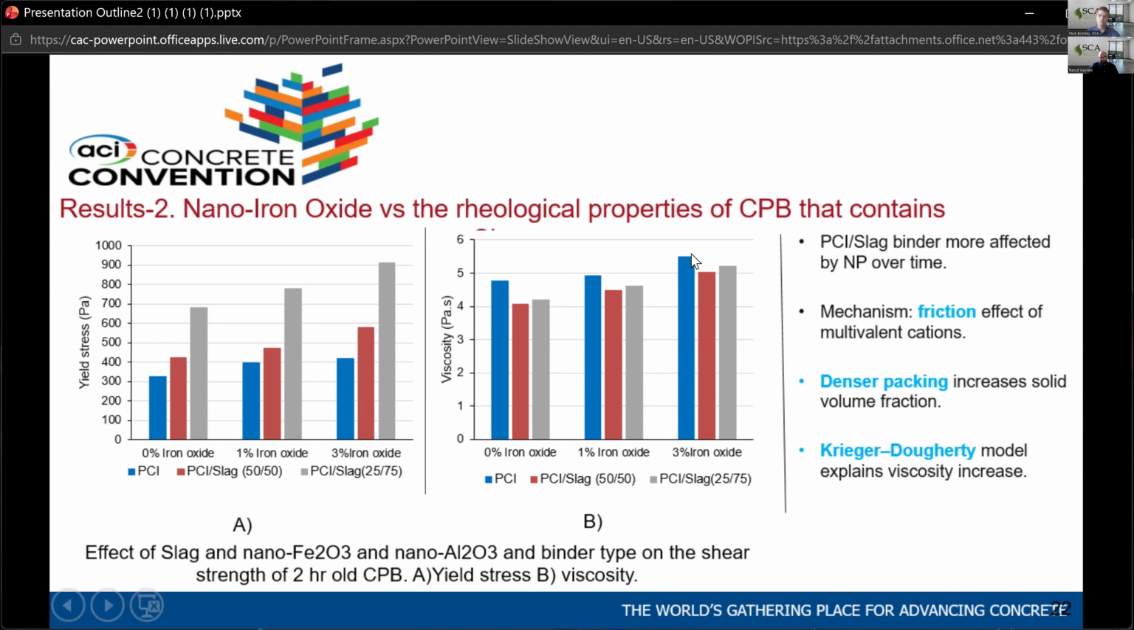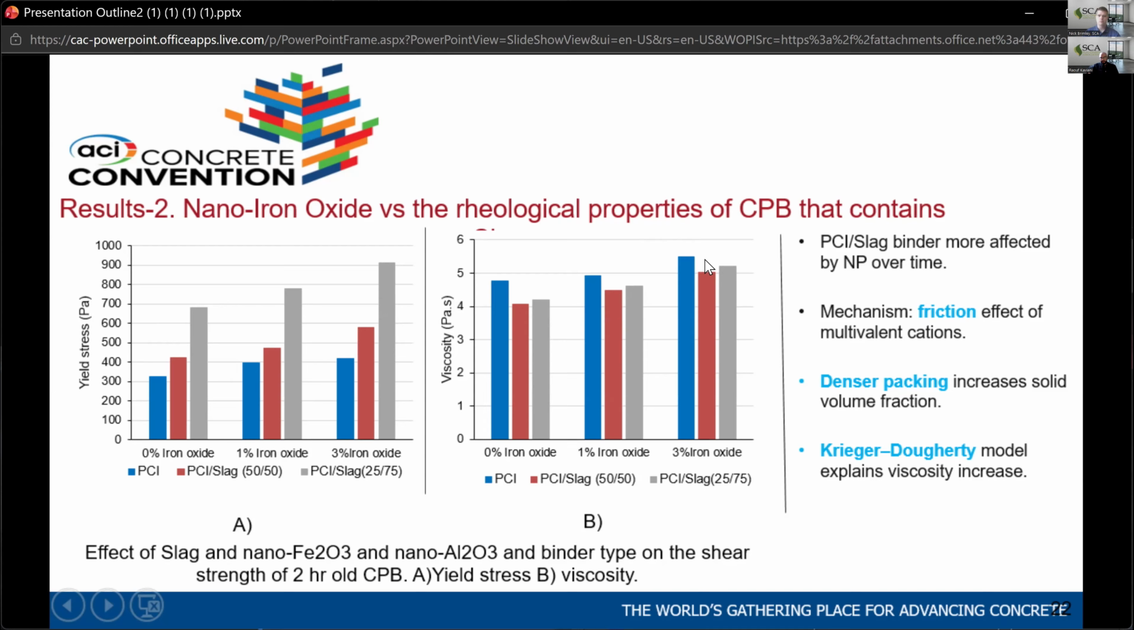The viscosity is less by adding the slag. I'm sorry, the viscosity is higher as well, but less than, in comparison to without. The viscosity is higher based on the nanoparticle percentage, but when we use slag at 50%, surprisingly the viscosity is less than all the others, and then